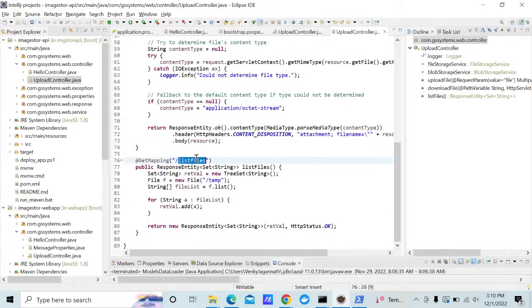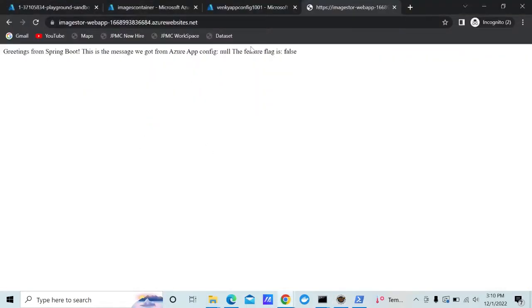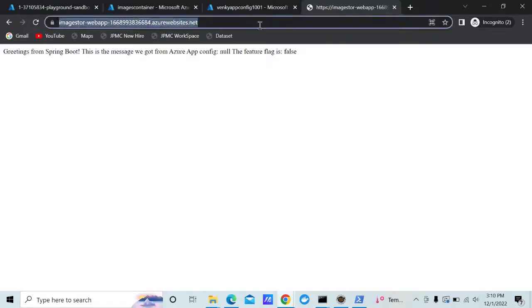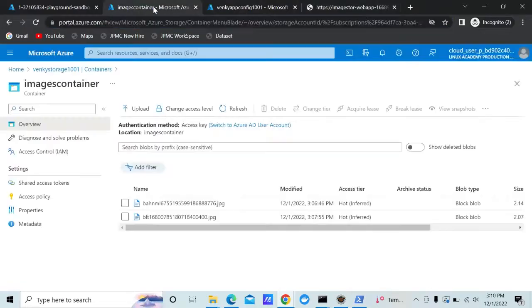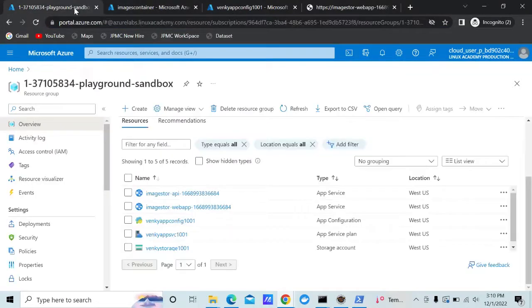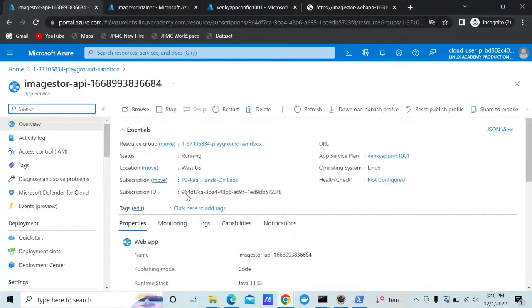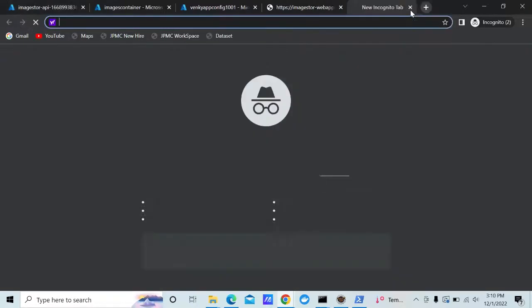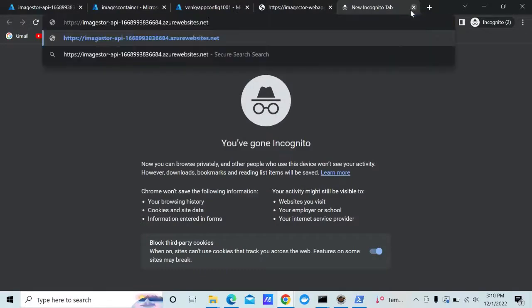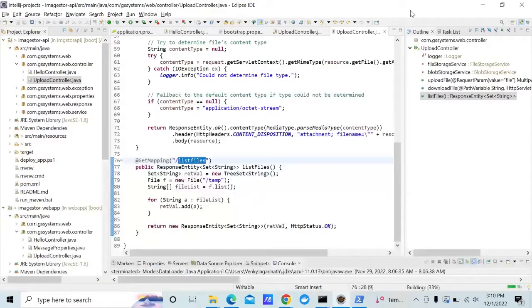If you copy this list files, this is actually interesting because you're in the API layer. So we need to go into the API app service, this one. And if you copy this and open it up in a new tab, list files,